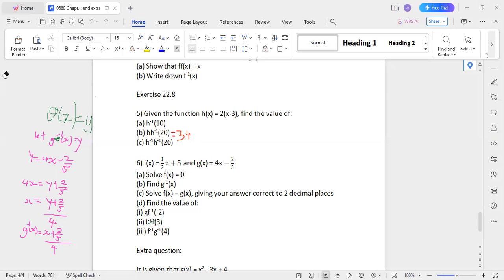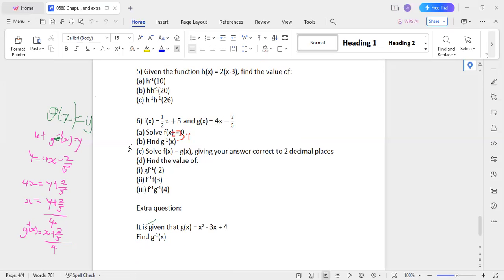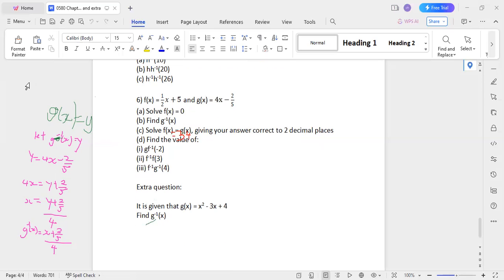So what do you get for F inverse of x? x minus 10? Yes. Then question D1 is